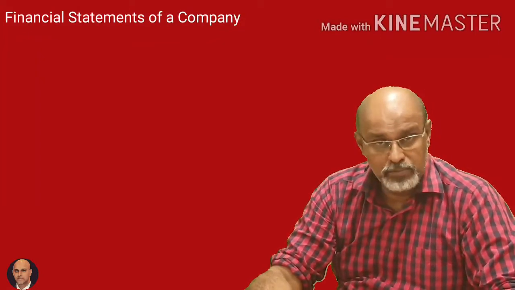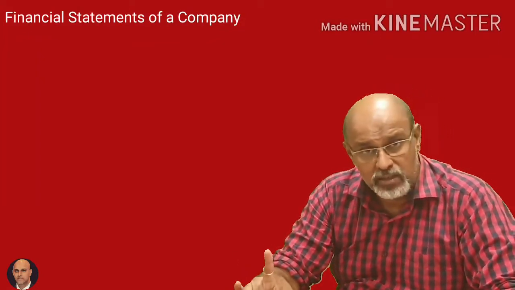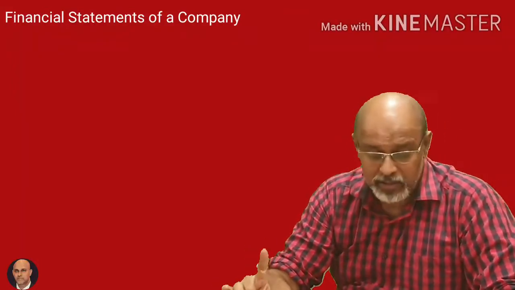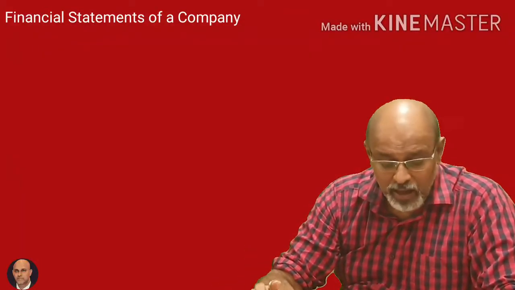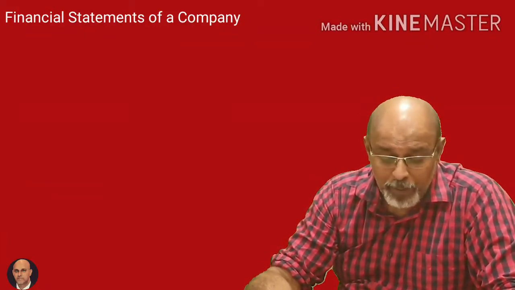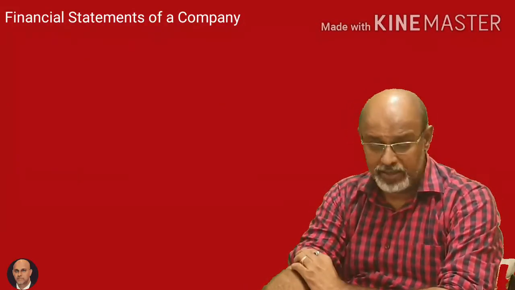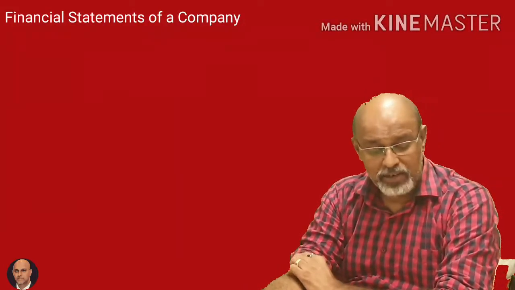Fine. Now let us go further and just check out certain items. Under which head do the following revenue items come in a financial statement? Interest earned, it will come as other income. Okay, dividend, again other income. Profit on sale of asset, again this will be other income. Okay, but in case it's a financial company, the revenue from operation will be interest earned and dividend. Okay, that will be because it's a financial company.